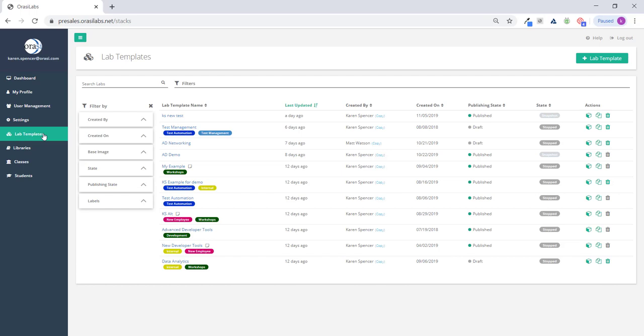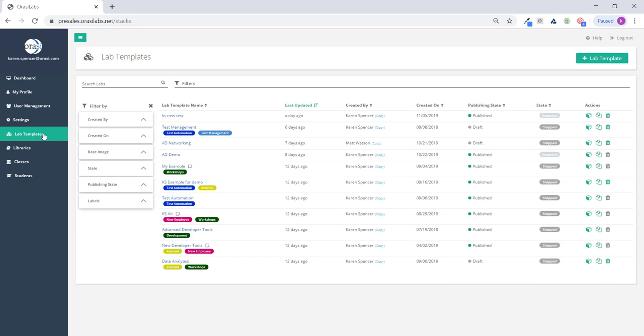In this video, we will look at the Lab Template Designer, which can be used to create lab templates that are more complex than a single server. Now, if you're looking for an overview of lab templates or you need to create a fairly straightforward environment with a single server, you can look for the Lab Template Overview and Wizard video, and that'll probably give you what